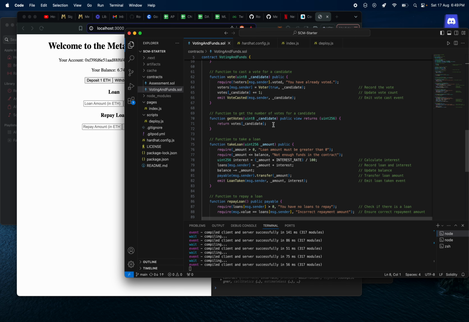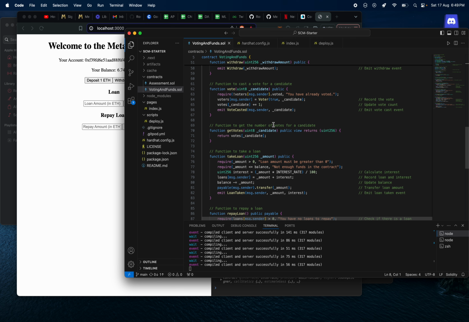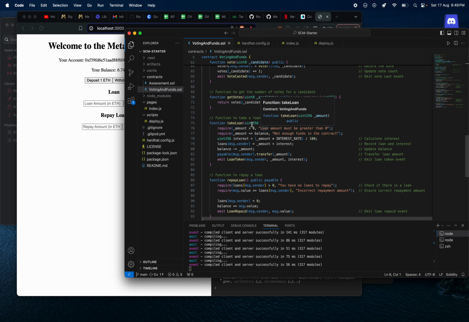After that there is a takeLoan function. This takeLoan function allows users to take a loan. It checks that the loan amount is positive and that sufficient amounts are available in the contract. It calculates the interest, updates the loan mapping, reduces the balance, and after that transfers the loan amount to the borrower and emits a